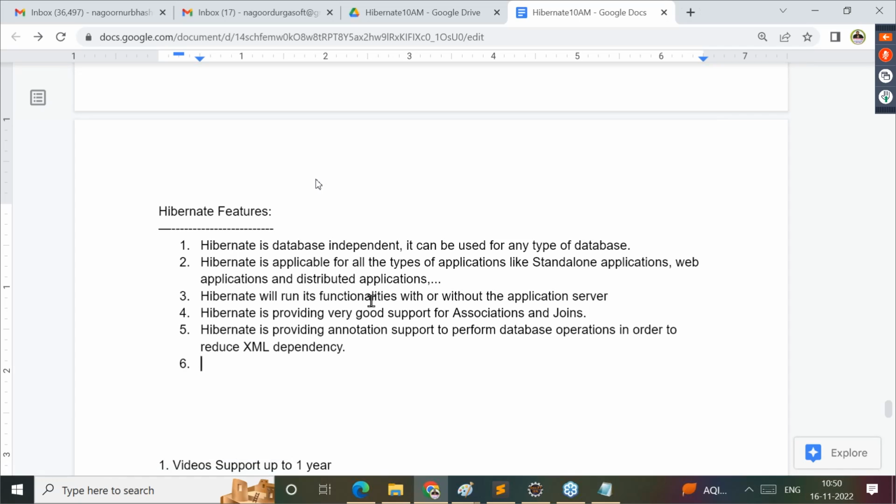Guys, observe carefully. Once you are using Hibernate, then annotations we can use there. When we are using annotations, then no need to use XML. XML dependency is not required here. Without using that XML, we are able to prepare Hibernate applications now. Hibernate is providing annotation support to perform database operations in order to reduce XML dependency. This is another point here we can understand clearly. Right, sir. Next one is after completion of